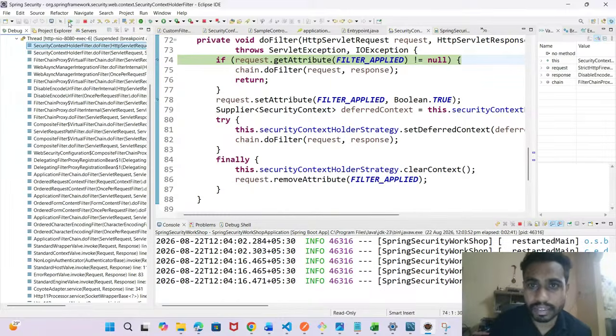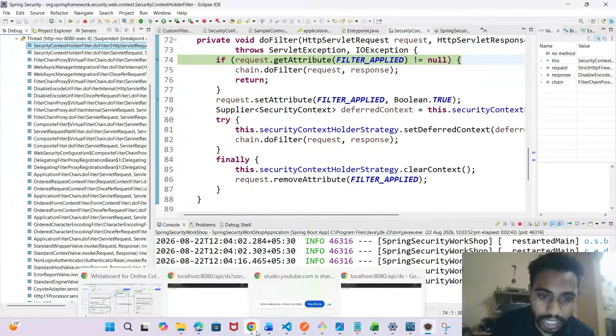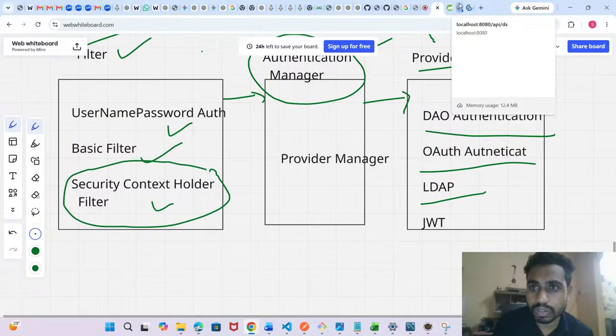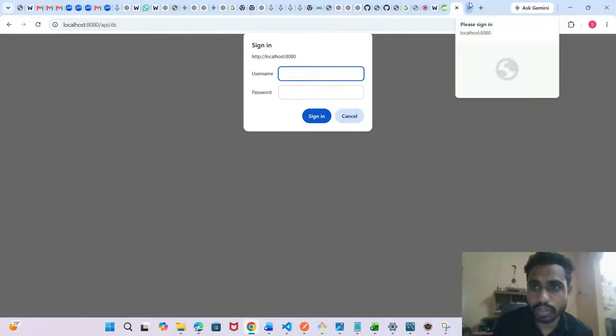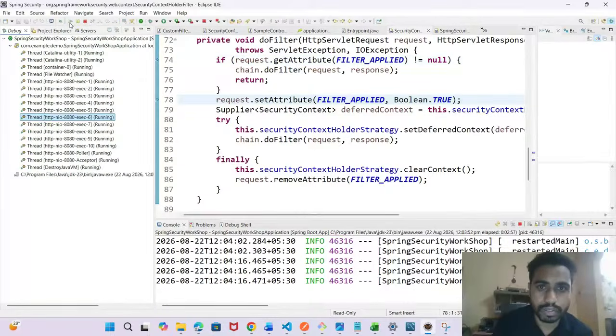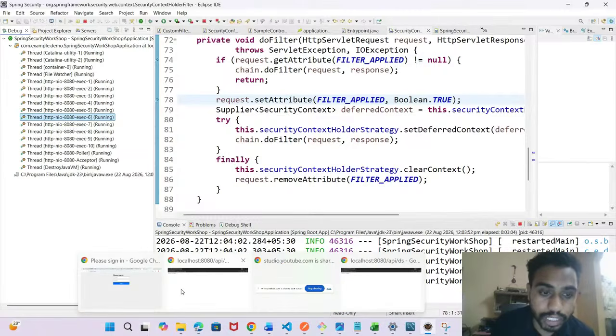Okay, let it be. Now we'll try to log in. See, now one flow is done. Now it will ask for login.